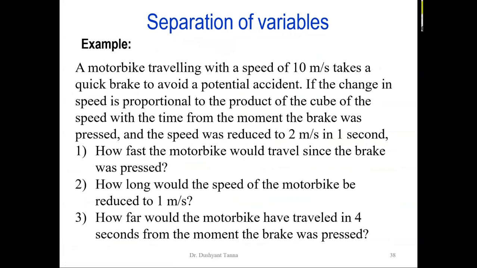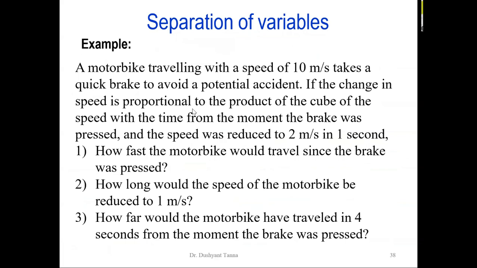Okay. A motorbike is traveling with a speed of 10 meters per second, takes a quick brake to avoid a potential accident. Normal scenario, motorbike or car, but car is not that small, slower speed. If the change in the speed is proportional, right? Change in the speed, what do you say? Speed or velocity, we just keep it dv, yeah, is change in the speed